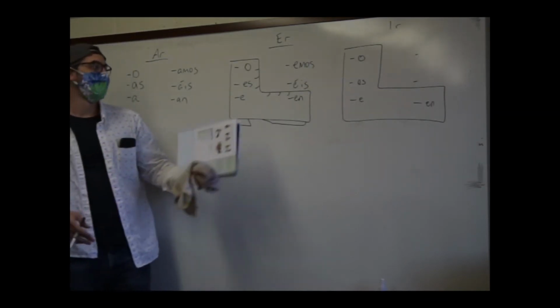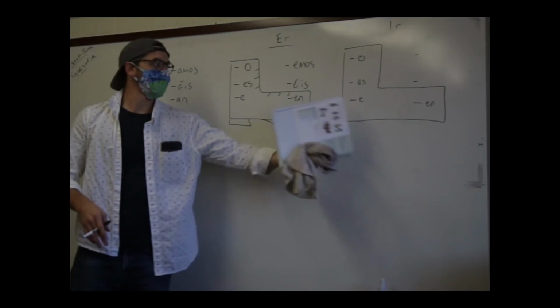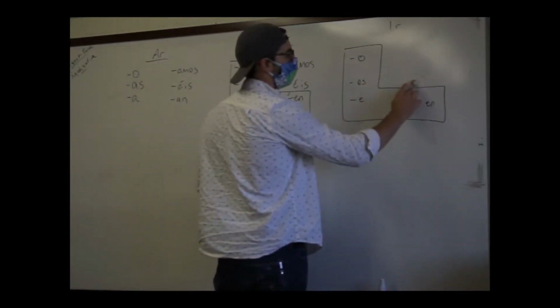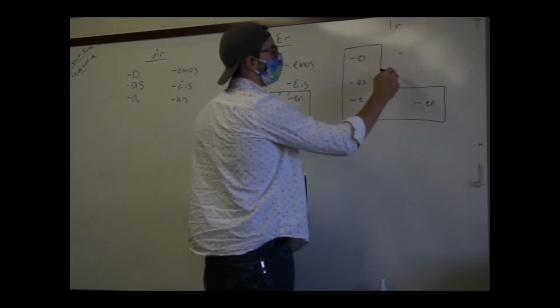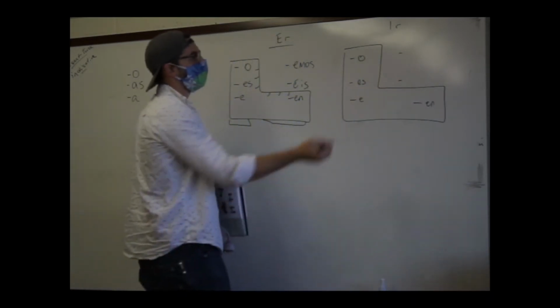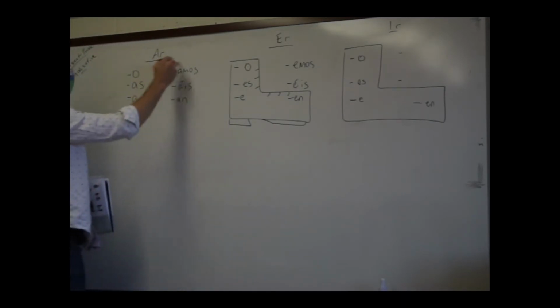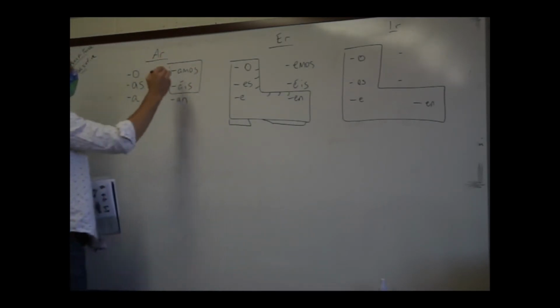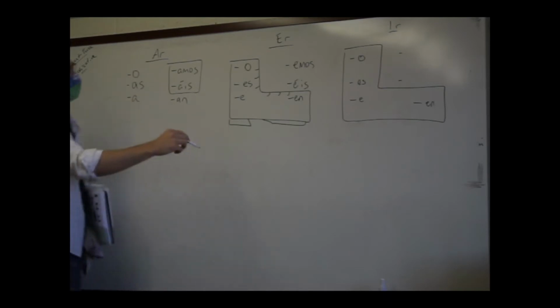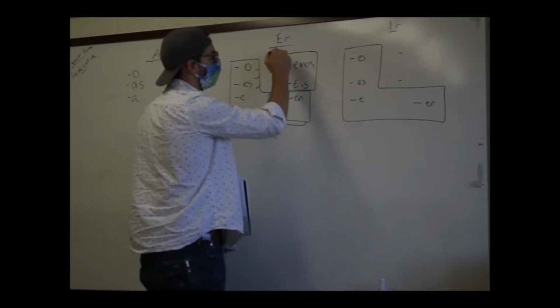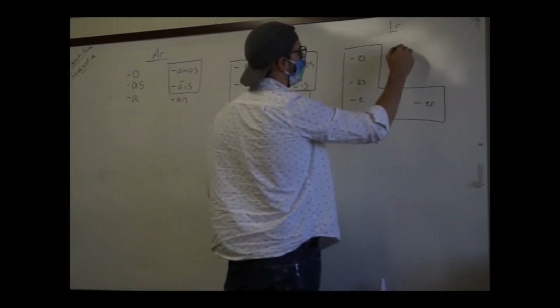So, the boot. All the ones in the boot are the same as the ER verb, but the ones outside the boot function exactly like you would think with an IR verb. So, looking at these two here, amos and áis is an AR verb, emos and éis is an ER verb, and then it's imos,